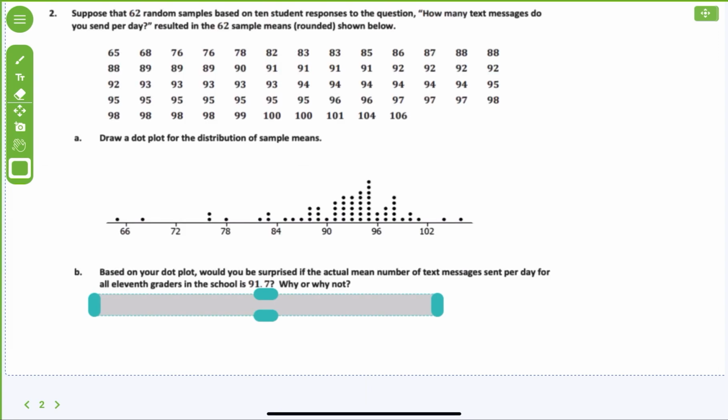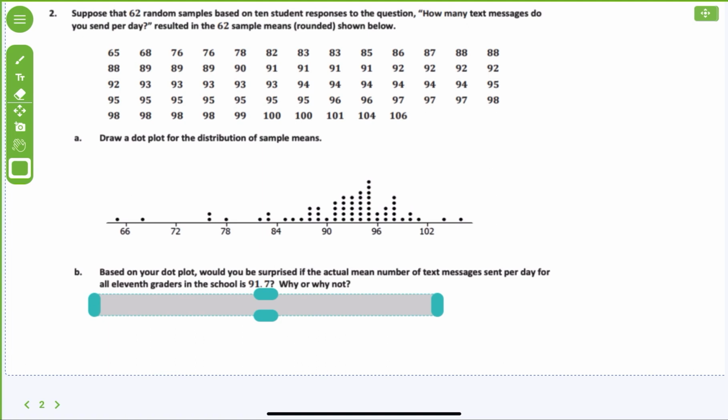Now, page 2 says, suppose that 62 random samples based on 10 students' responses to the question, how many text messages do you send per day, resulted in the 62 sample means rounded below. So what happened here? They took samples of 10 from the 450 students. Okay, they did that and they found the mean 62 times. Okay, now this says